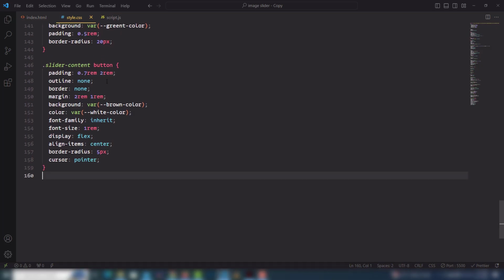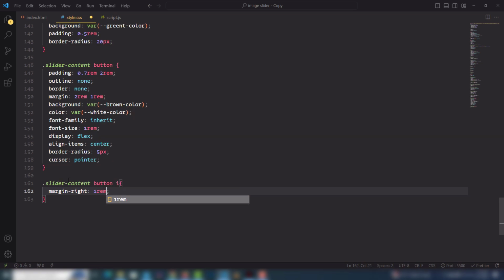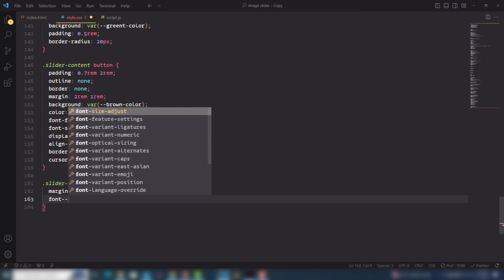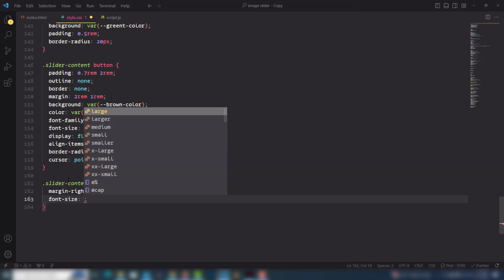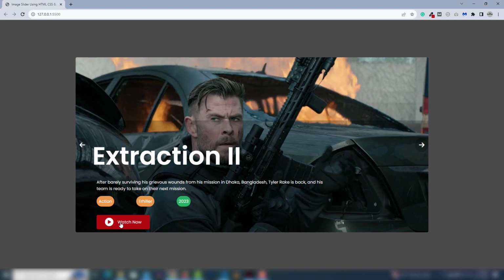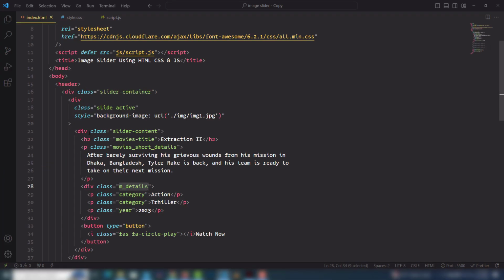Don't worry, we will work on the I tag, and the I tag I need to add the margin right 1rem, font size 2rem. So right, cool. So yeah, it's perfect, and we need to get